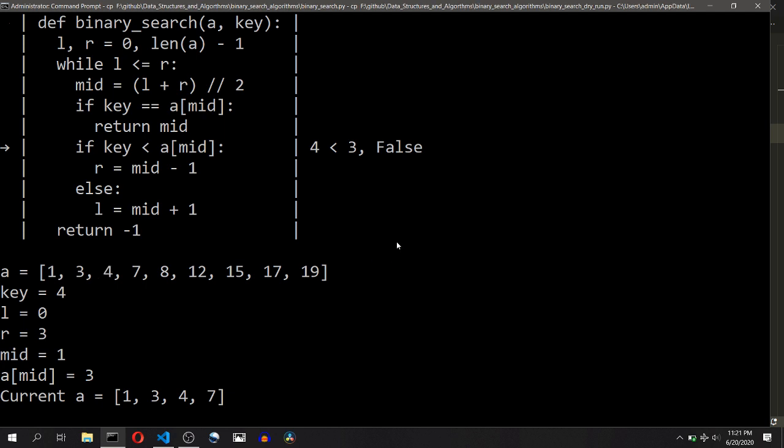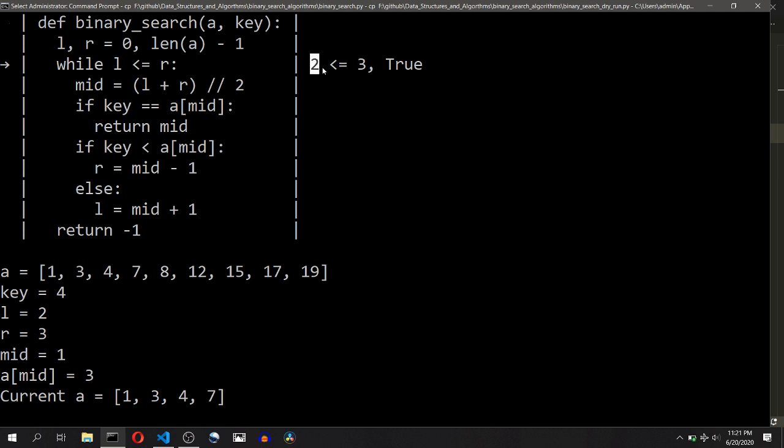So it enters the else condition and it will change the left bound. This was the middle element, so as this is not equal and it is less than the key, the left bound can shift to this position. So now the left bound will be 2 and the right bound will be 3. So these are the two elements just remaining now.